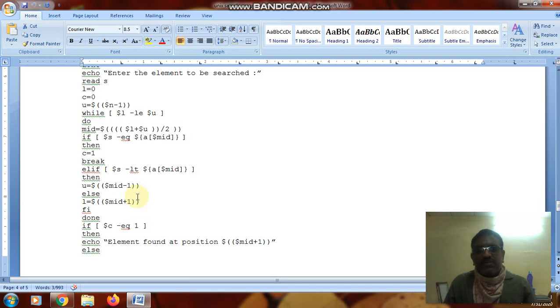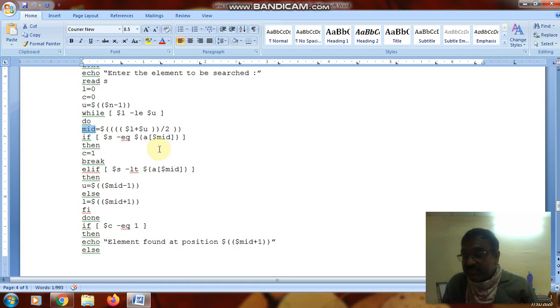So how do we identify the middle value? The middle value can be identified using the starting element and the ending element: add both and divide by 2, and it produces the middle value. If the middle value is equal to the searching element, then the middle value is the searching element.